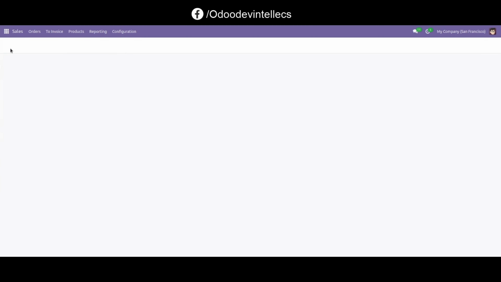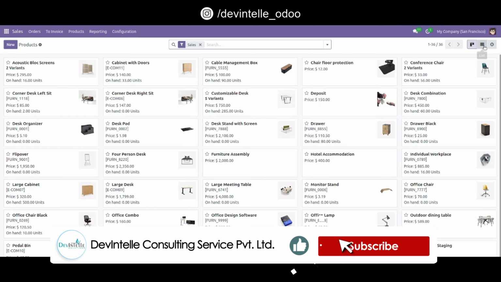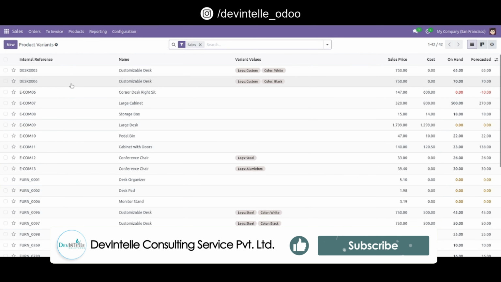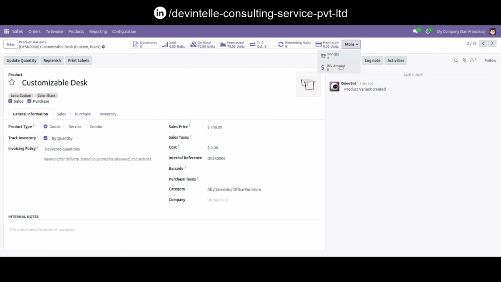First go to sales, go to products, go to any one, and see here this invoice quantity and invoice amount is 0. But I want it to be updatable here. So first create